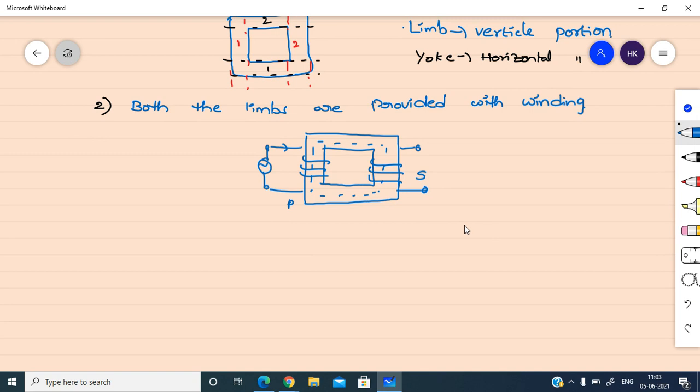And how is that winding surrounded? That means on the top of core, or core is surrounded by the winding. So in this core type transformer, if you see this figure, on the top of core we are winding the winding. That means core is covered by the winding. That means winding is the outer part and inner part is core. So core is covered by the winding, or winding surrounds the core.